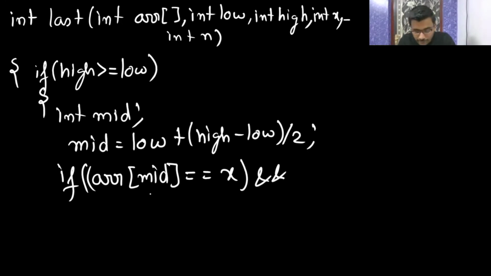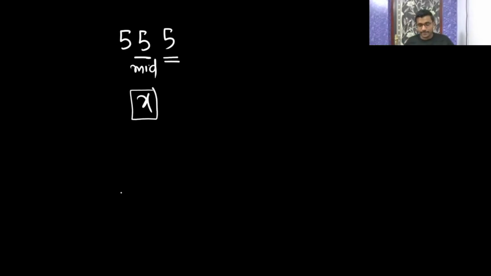Because you find the mid element is equal to x, like 5 5 5, you find this element as mid, and that is equal to x. Now again you have to check that on the right hand side it should not be 5. That means there should be something other than x. Now tell me how to verify that. Yeah, the right element of mid. Very good, Nisu. Now how to verify that this is the last occurrence, and after that.